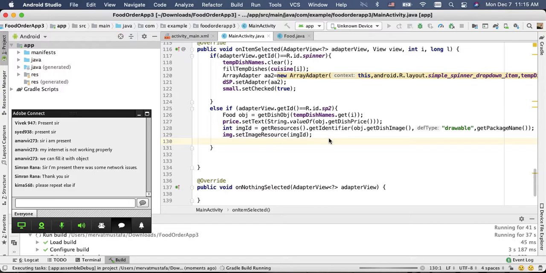Let's create a private class. Private class radio buttons action. That's what I call the class, and it implements